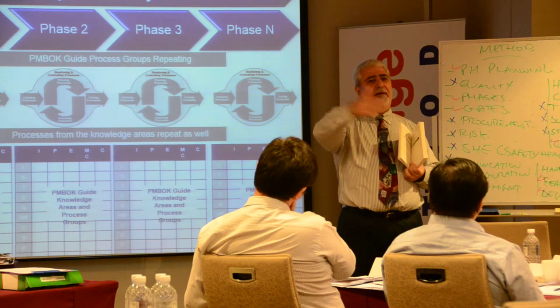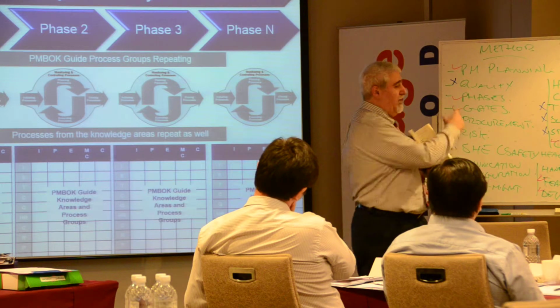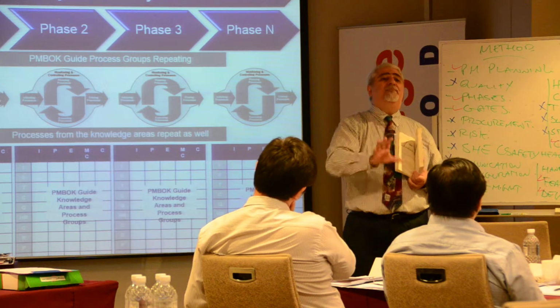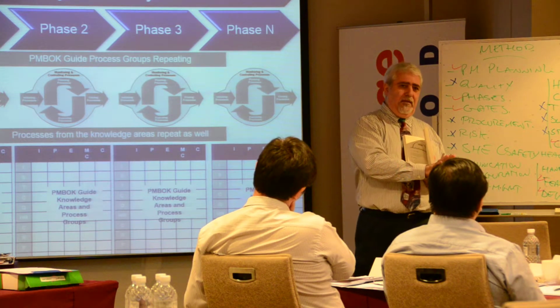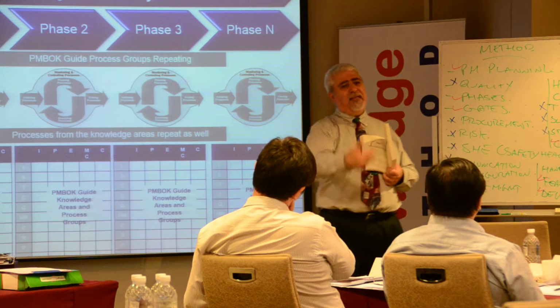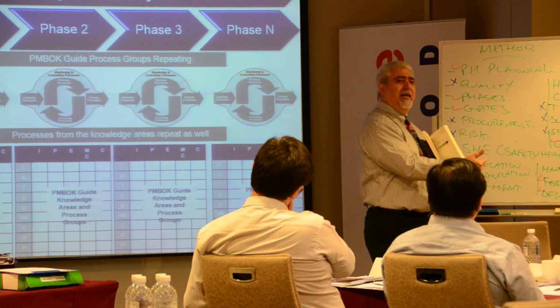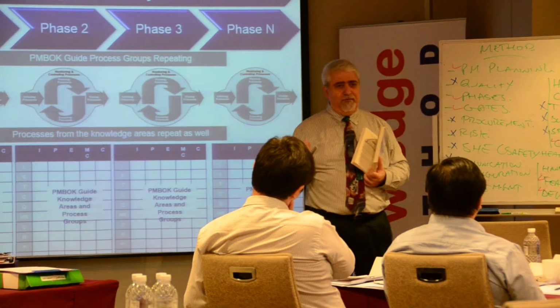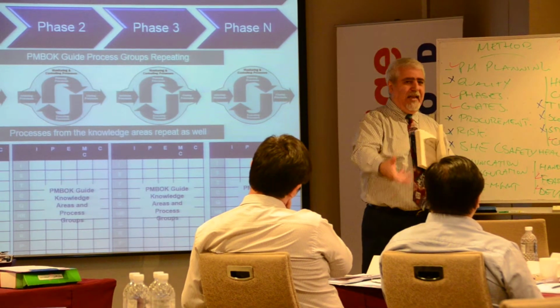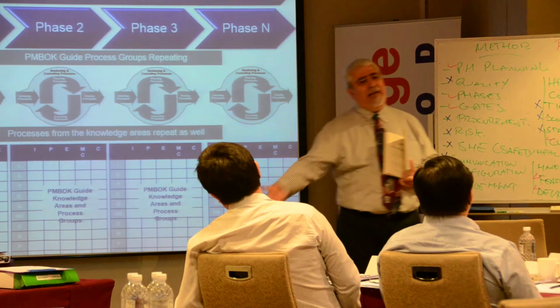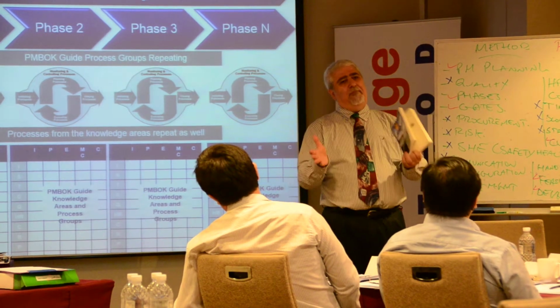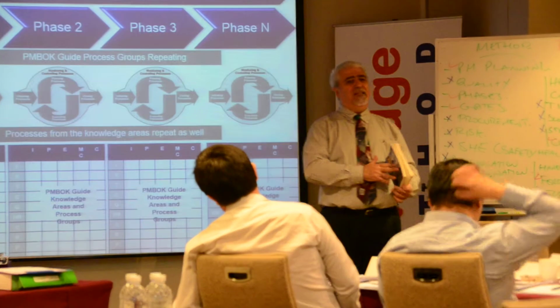You need to plan how to manage cost. So now there is a process for every knowledge area. These are management processes. If we go to the scope area, they go next and say that in the scope area you have to collect requirements, you have to develop the WBS, you have to write a scope statement. This is detailed planning. So when I look at the PMBOK, I divide the planning process into two parts.